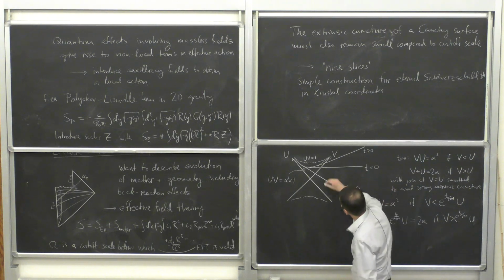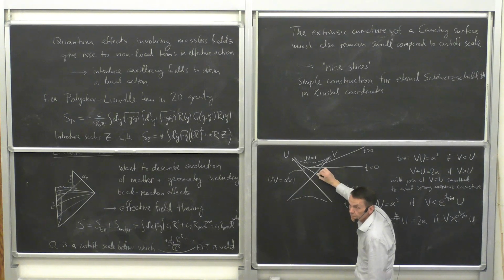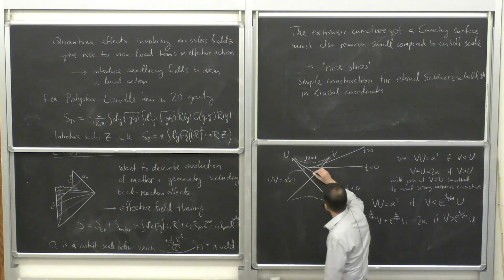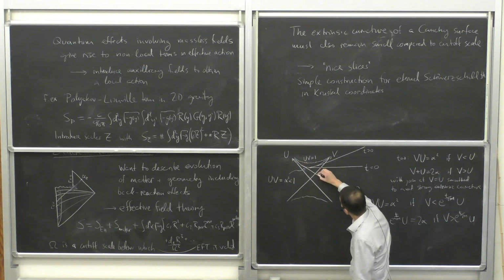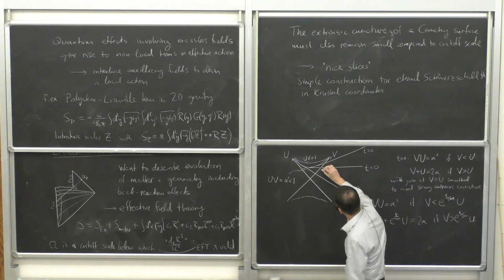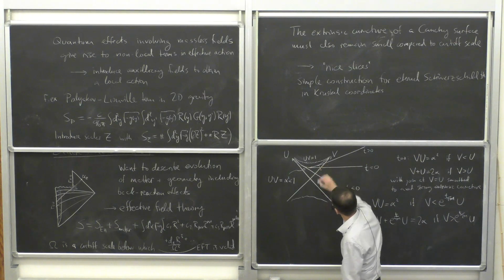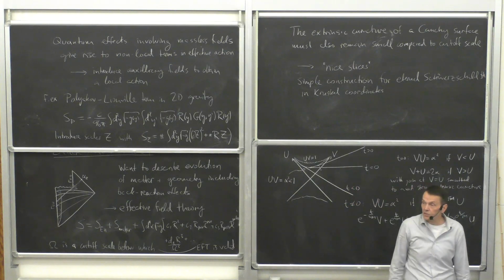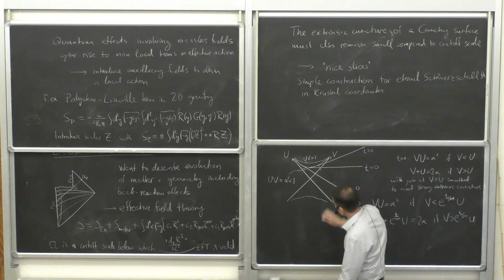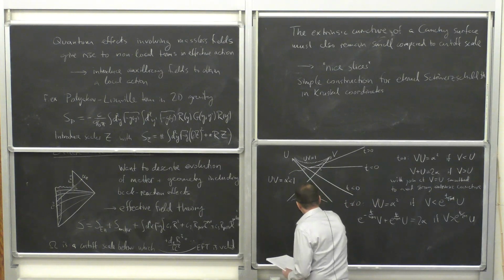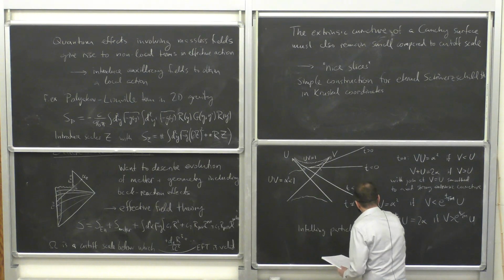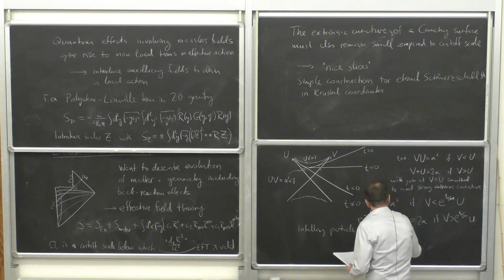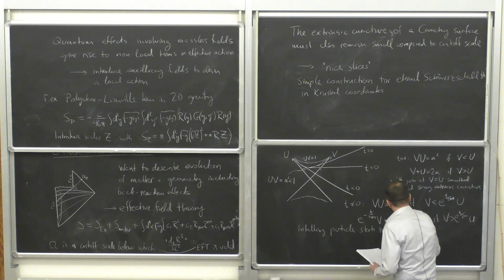So imagine some infalling particle that starts from rest here somewhere. Now this infalling particle, if we choose alpha to be fairly small, so we're out here somewhere, is going to intersect this slice. So let's say I drop it here, it's going to go this way, right? It's going to intersect this slice as a low energy observer. I'll drop this particle, it'll have low energy. In fact, what I can say is that the infalling particle, if it starts from rest near the horizon,